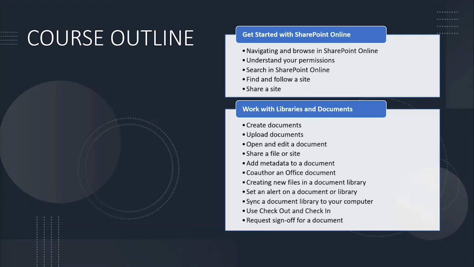We'll navigate through SharePoint Online to see what you have there. Because SharePoint uses role-based access control, you need to understand the various permission levels we have in SharePoint. Then we'll look at doing a search in SharePoint Online, and how you're able to find and follow various sites that have been created in the organization. We'll also see how you're able to share a site that you create with your colleagues or with your external